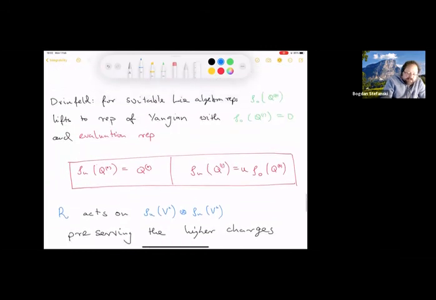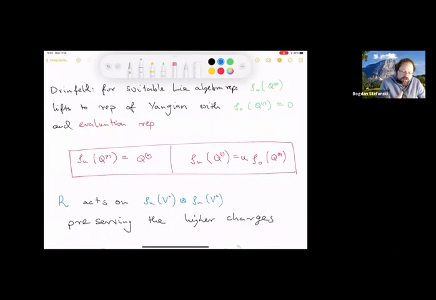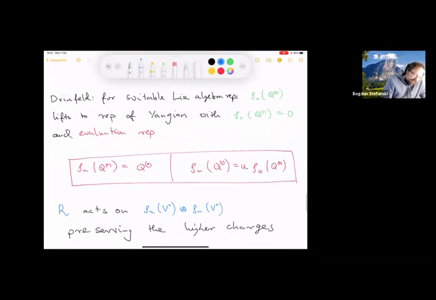Okay, to do this precisely, I would have to introduce the notion of a Hopf algebra and coproducts and so on, but this is the general idea. And the final thing I want to tell you about is something called the evaluation representation,